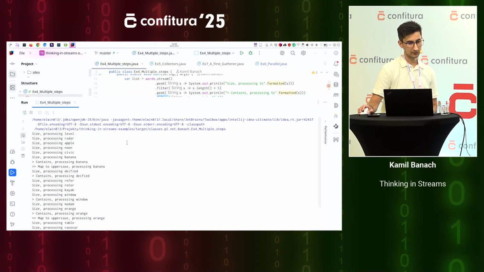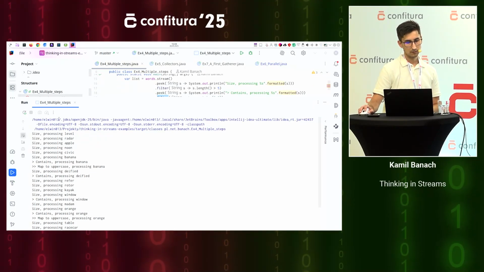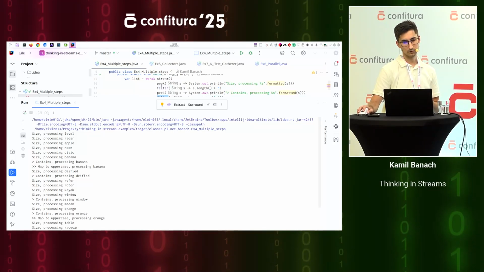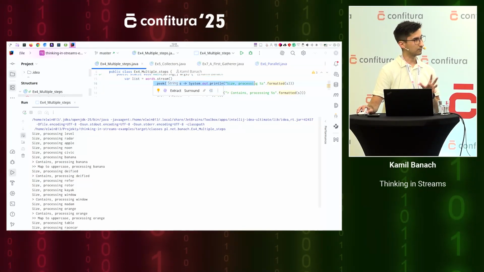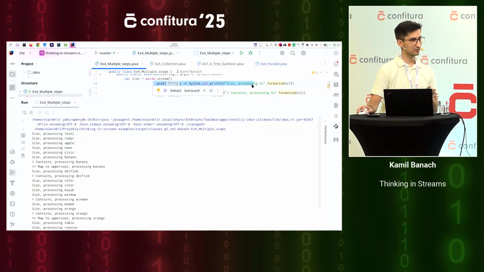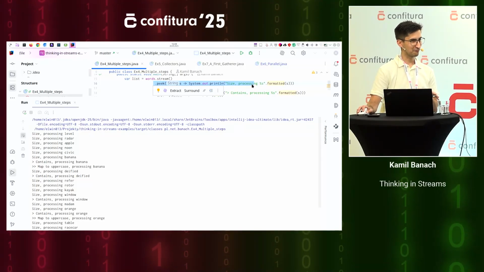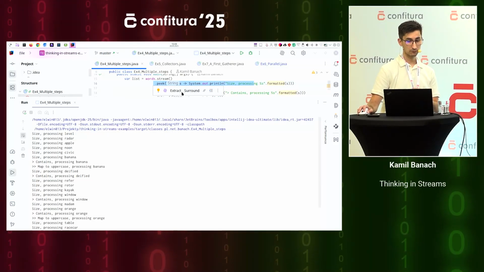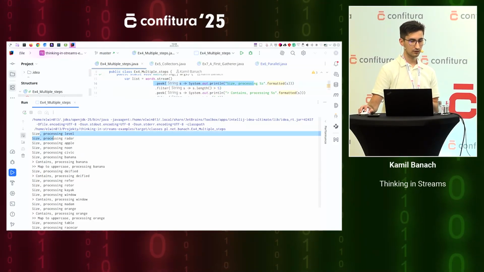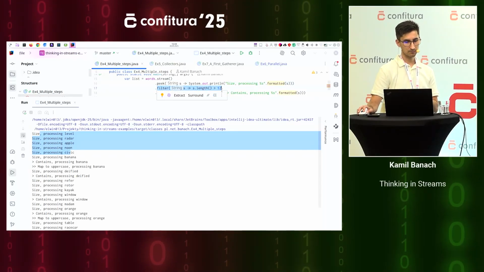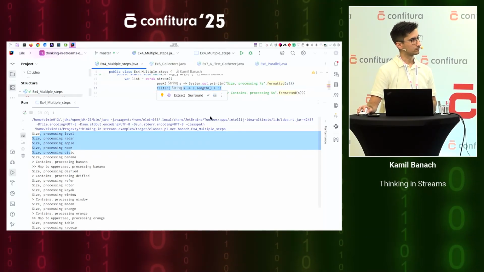And we can see that we are processing all the words. We are checking the stream using peek. Remember, peek is only for debugging purposes, not for use in production code. We'll go over why in a couple of the next slides. But we are processing all words, and we can see that we are filtering them and searching